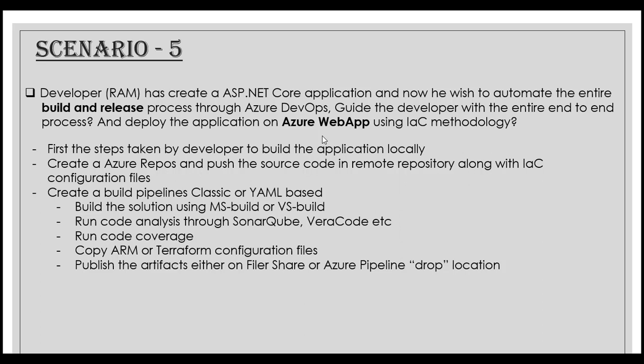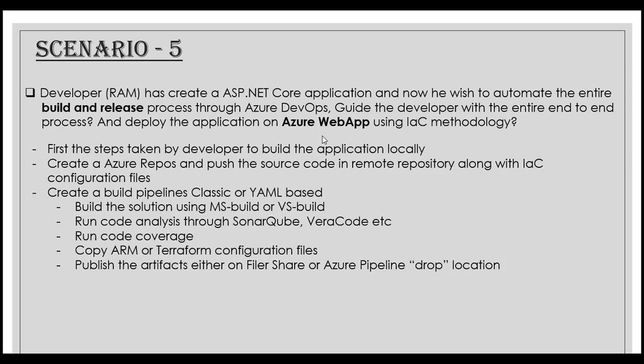Classic is GUI based, wherein you have multiple tasks you can add and remove directly. YAML based again follows the pipeline as code method. So an azure-pipeline.yaml file gets created, which becomes part of your repository. In this scenario, nothing is mentioned whether to use classic or YAML. Nothing is mentioned, so we'll stick with YAML. That is something